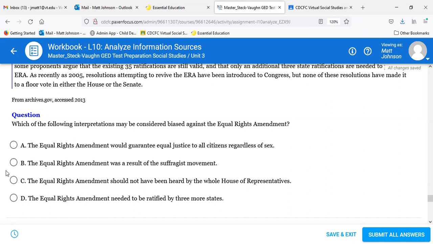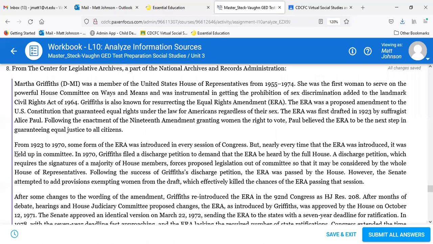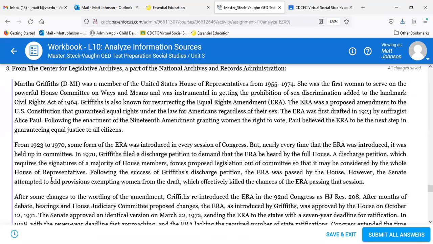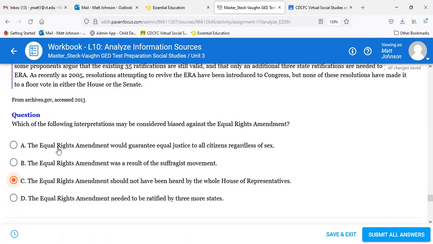Is it D? So it's C. So here, that's the only thing that's not basically a fact. In the first one, we have the Equal Rights Amendment would guarantee justice to all citizens regardless of sex. That's language from the Equal Rights Amendment itself. And B, the Equal Rights Amendment was a result of the suffragist movement. So that's also a fact, right? From where it says here, Alice Paul was one of the suffragists that helped get the women's vote. She drafted the first ERA legislation. So that's a fact. And then finally, the Equal Rights Amendment needed to be ratified by 3 more states. That's just a fact as well. The only thing here that's more opinion is the claim that it should not have been heard by the whole House of Representatives. That indicates bias, right? So C